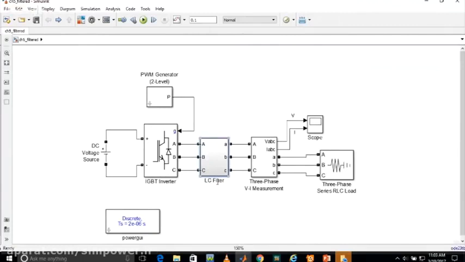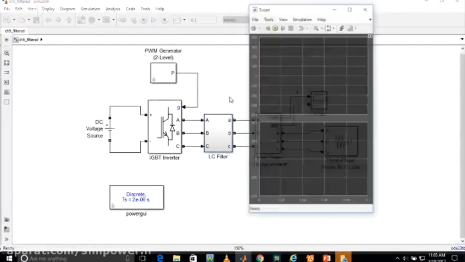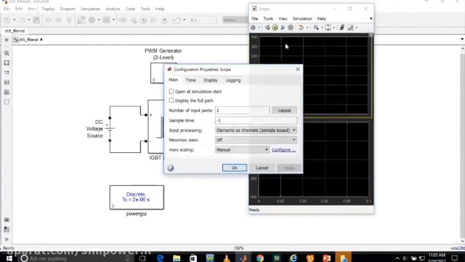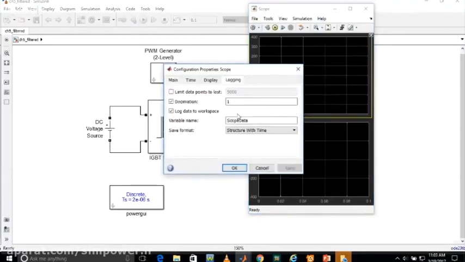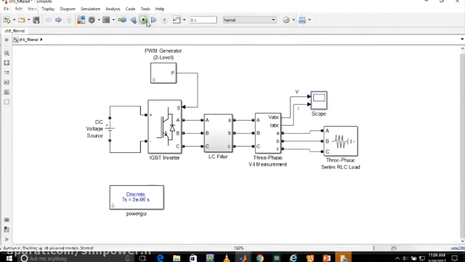Then change the name according to what it is, the LC filter or RC filter, and then run this. In this we also check that the scope should have logging, and log data to workspace should be clicked over here. The variable name should be given as scope data, and the save format should be structure with time. We have to check this thing, and then we run this program